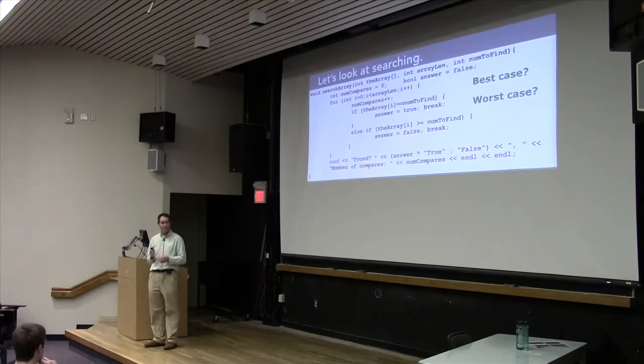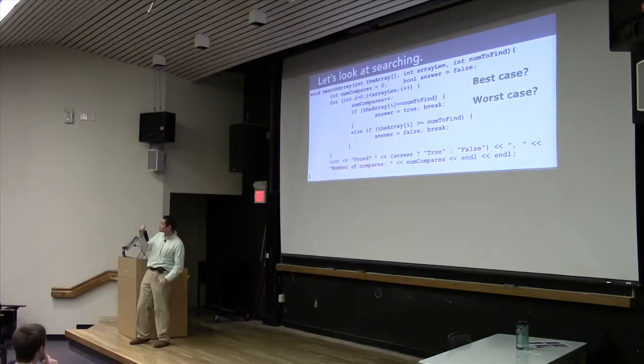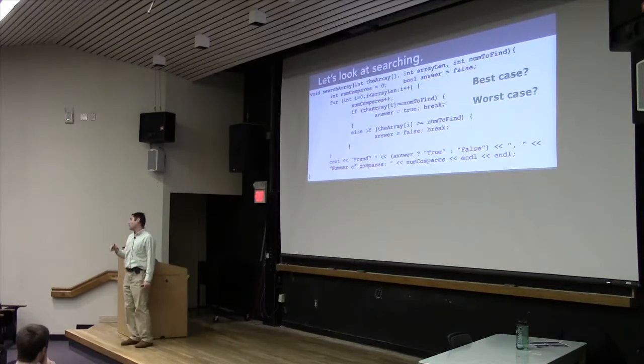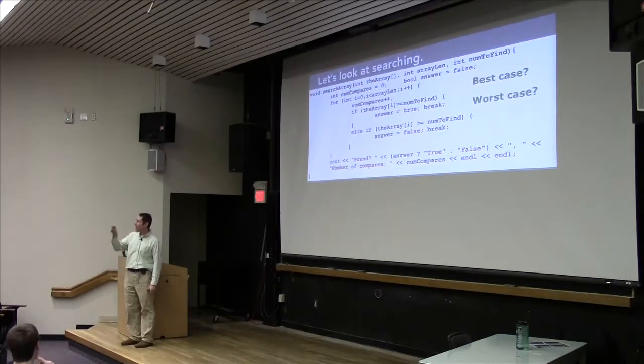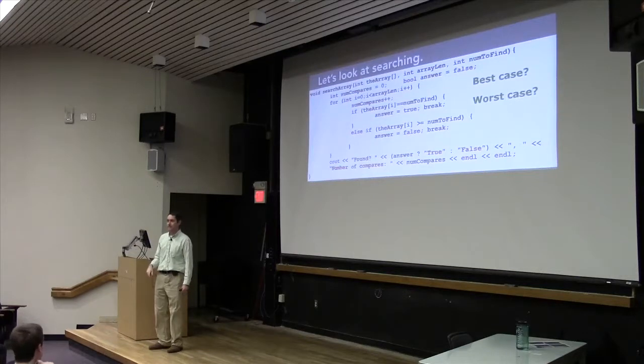Greater than, I did mess it up. Point is that we can go through this, and this is a linear algorithm. Why is it linear? You've got a loop here that's going through, and every time it checks. What's the best case here, though? If you've got a sorted array and you're doing it linearly, or if you're doing it linearly and what you're searching for is in the array, how long does it take? Well,